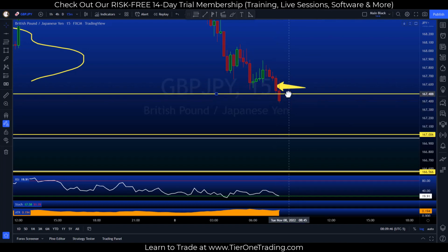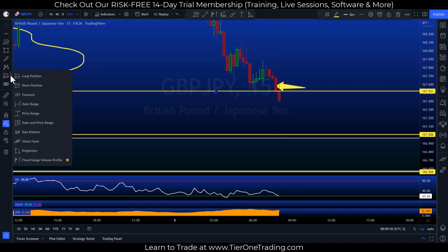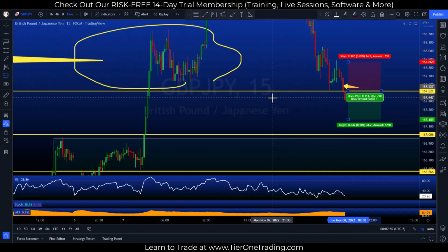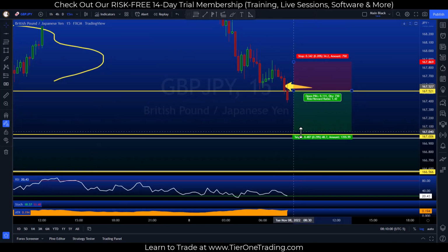Breaking close below. So if you're someone that's entering on this confirmation, again, I don't personally trade breakouts, but that doesn't mean it's a bad thing. It actually is something I want to add to my arsenal. I just haven't been able to do so yet. But if you're trading for a move down to 167s, or right above, a good stop loss is going